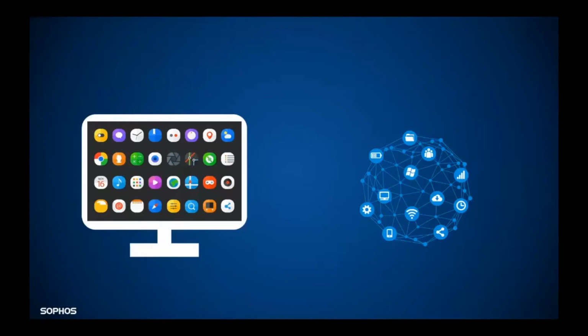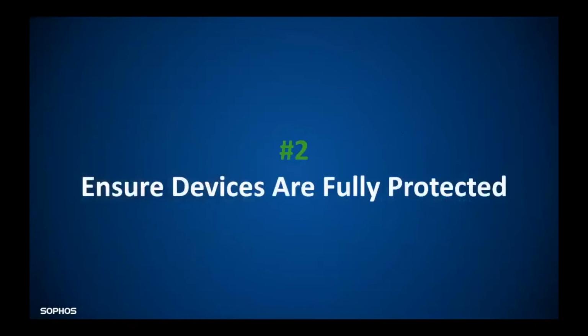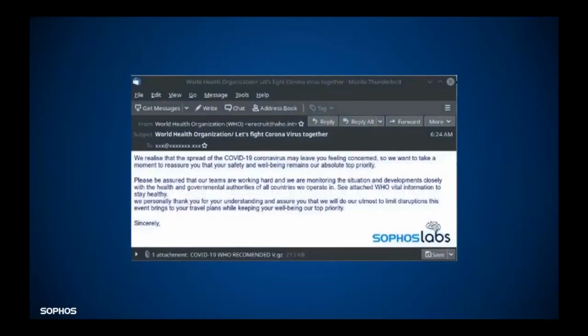We'll touch more on the endpoint piece in a second, as far as how we're going to ensure they're fully protected. If you are in this environment where people are not on the domain, they're not getting all these updates like they normally would, how do we do that? A couple ways we can do that. One, you may be familiar with something like Intune, and we have Sophos Mobile Control, these types of things that are connecting them back over the web to get those updates and things that they need,